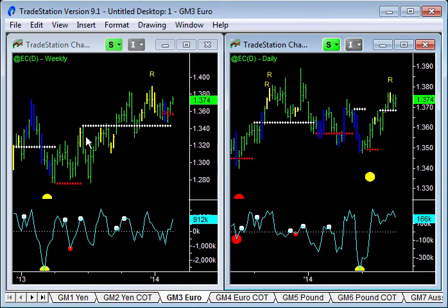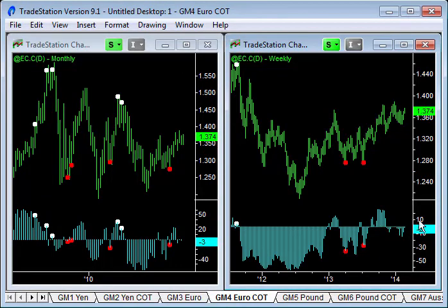On the weekly chart, we broke into an uptrend. We've got cyclical support, a pullback in an uptrend going on. We had very weak selling going on here. This last move was flushing out the last of the sellers with a flushing out pattern here. So we've got things in place for the euro to start to strengthen. In terms of what the professionals are doing, they're neutral at the moment. I could see this going a little bit positive over the next couple of weeks